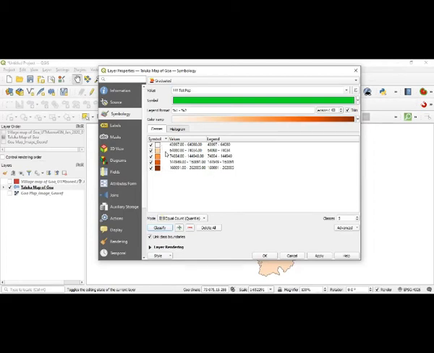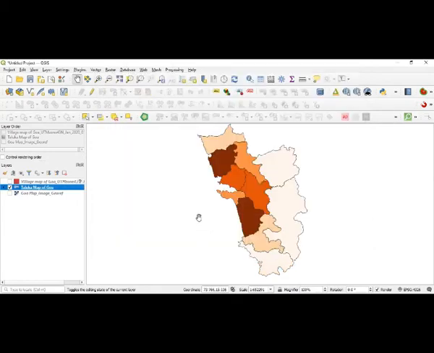And if you want this to revert, you can go to the legend format, where at the extreme left and extreme right there is something called trim. If you uncheck that, it will give you one type of information, and if you keep it, it will give another, and there is a chance for you to convert that from higher to lower and all that. I will come back to that a little later. And what you can see here now is that the symbol has appeared, and I will apply and say okay. Now the map you get shows that where there is a large population, they are in a dark color, followed by lesser and lesser population.